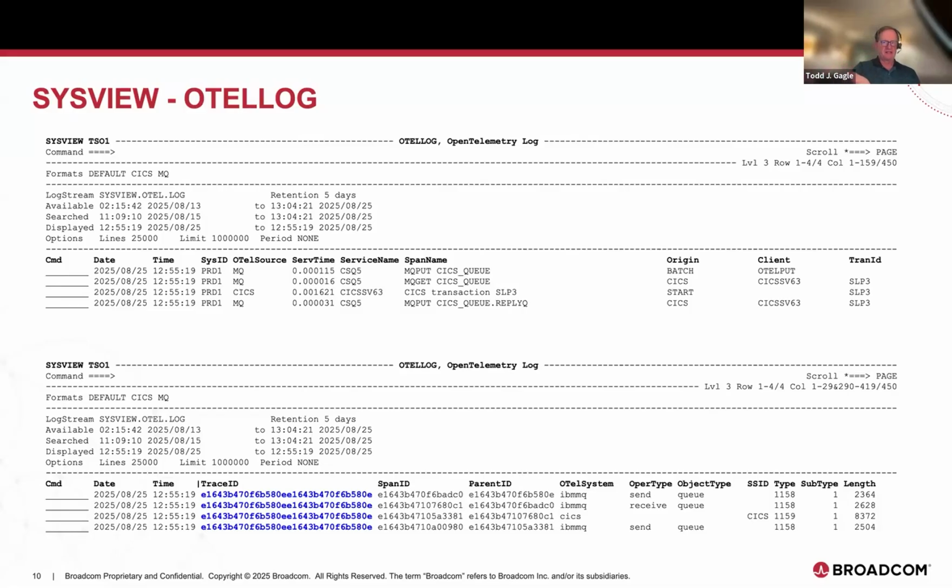And then the CICS region, which is the second line down here, actually did the get off the CICS queue, and then it started a transaction, in this case called SLP3. SLP3 finished up by issuing a put on the CICS reply queue. And that was the total of that end-to-end transaction.